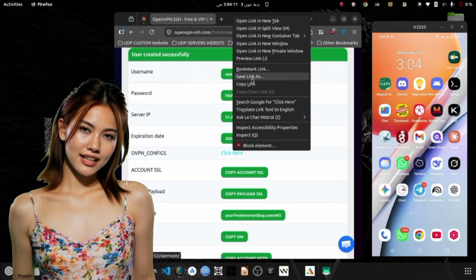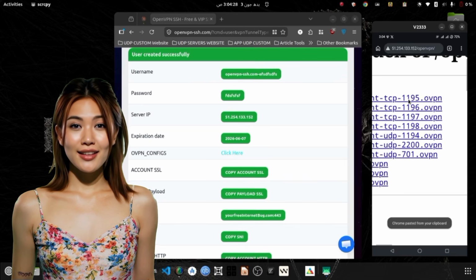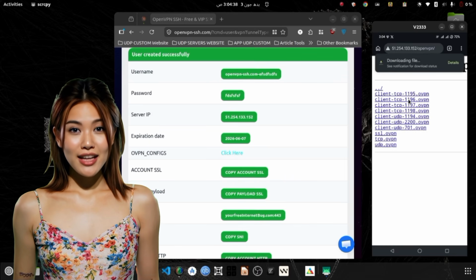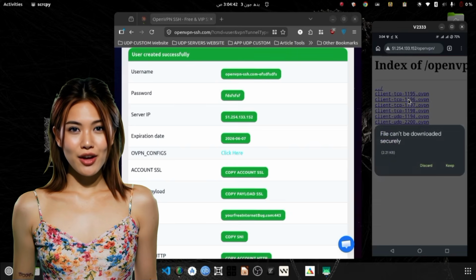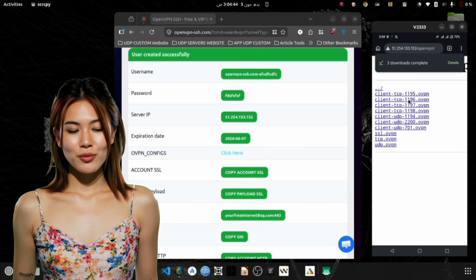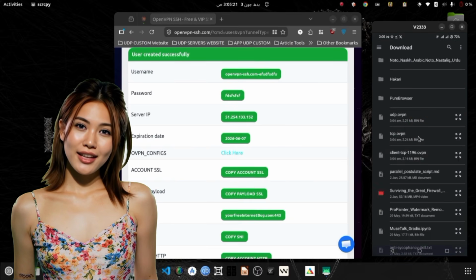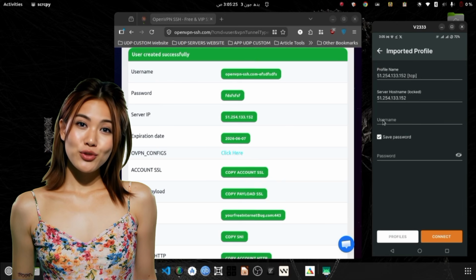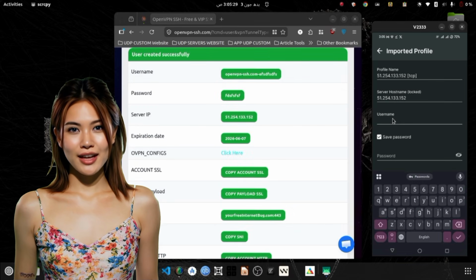Look for the directory link labeled ovpn_configs and tap it. Download the TCP-based profile named client TCP1195.ovpn. Once downloaded, open the file directly into the OpenVPN Connect app and tap OK to authorize the import. The app will prompt you for your credentials. Input the exact username and password from the very beginning of this tutorial, and make sure to check the Save